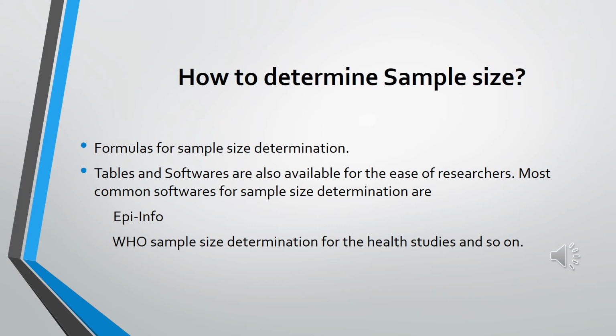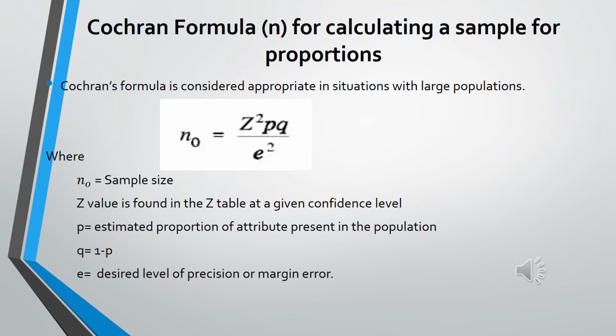Now, how to determine sample size? Researchers and statisticians have developed certain formulas for the sample size determination that provide a minimum requirement of the sample. And for the ease of the researchers, tables and software for the sample size determination are also available. The most common software for the sample size determination are OpenEpi, the WHO sample size determination for health studies, and so on. Now in this slide we will go for the Cochran formula for calculating a sample for proportion,